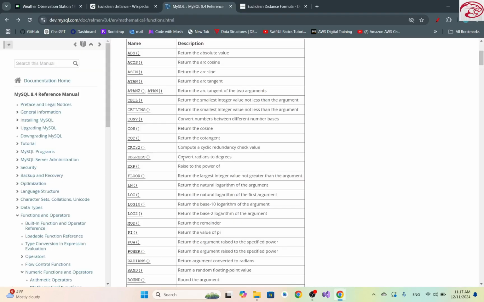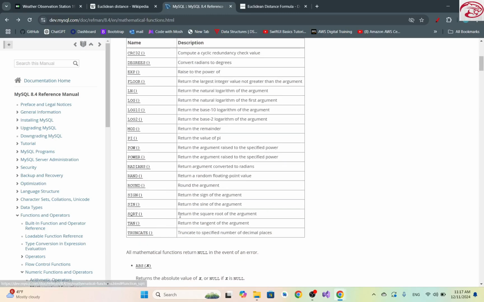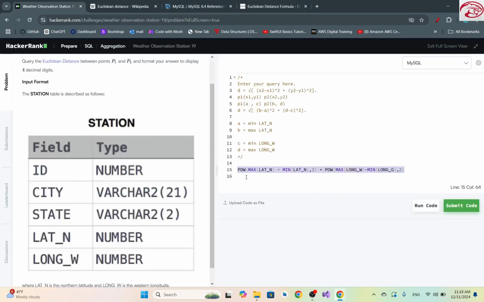For that we have another function to take the square root. We have sqrt, returns the square root of the argument. So let's pass the argument to the sqrt function. We are going to pass everything to sqrt to take the square root of this value. So let's select this value from our station table, select this value from station, and let's run the